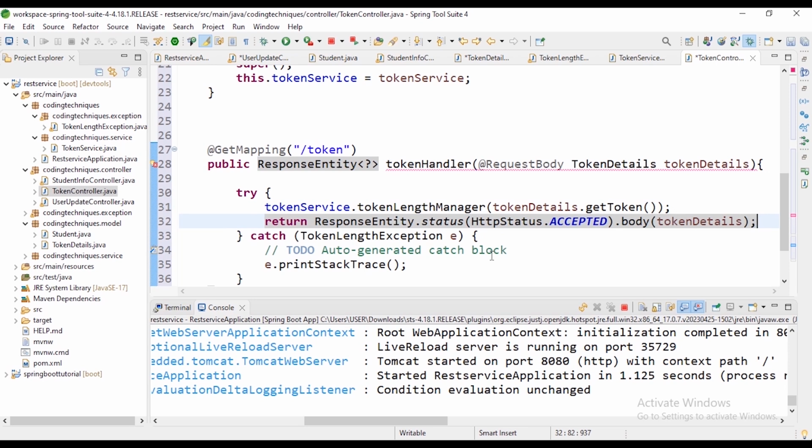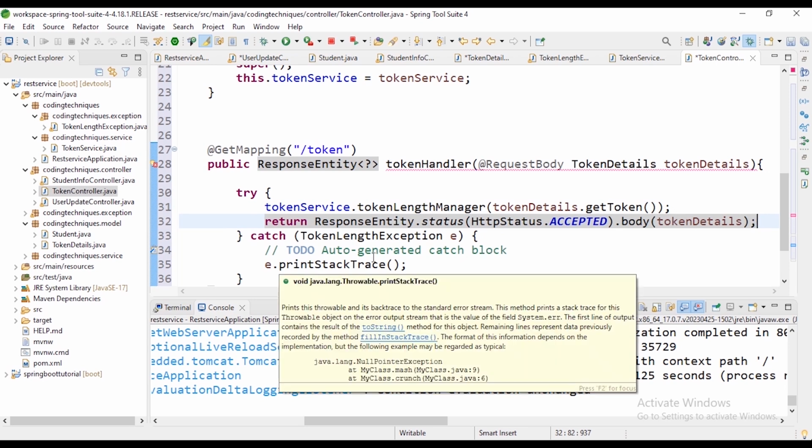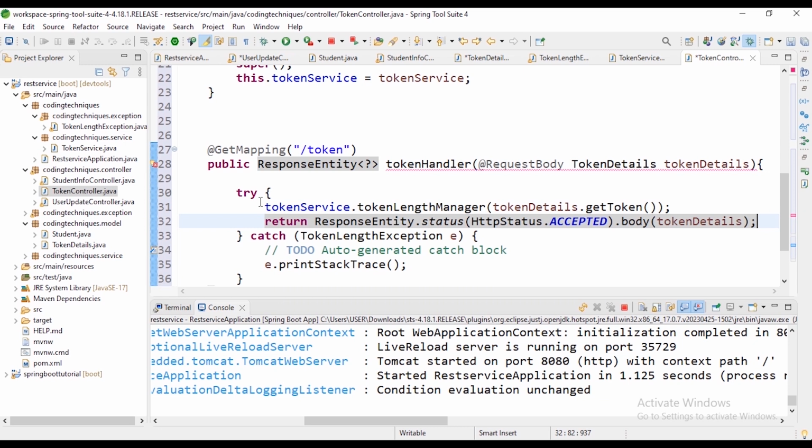In case it throws an exception, let's create another class